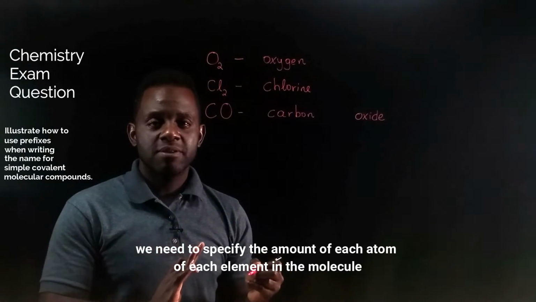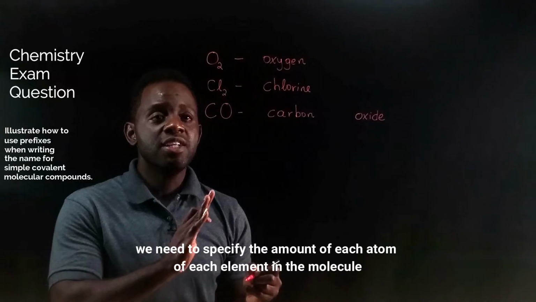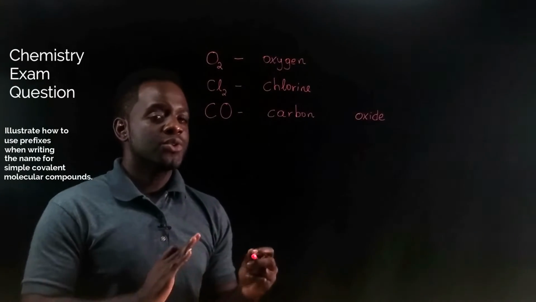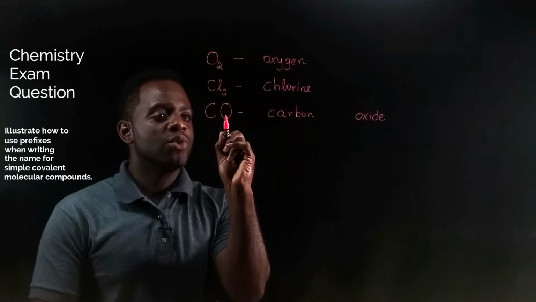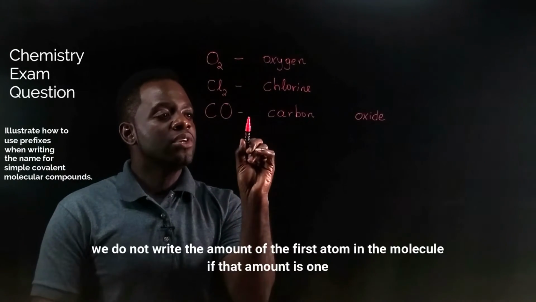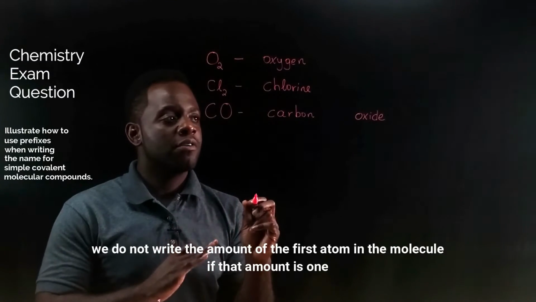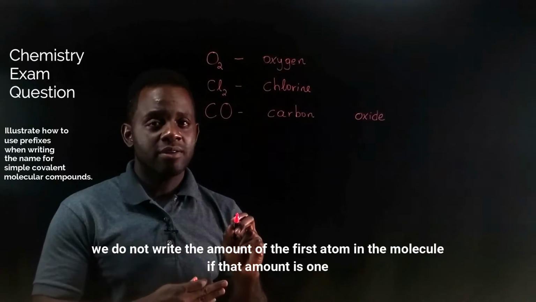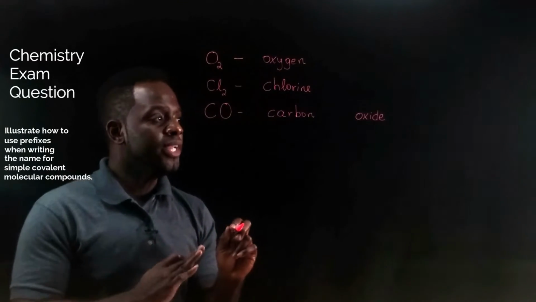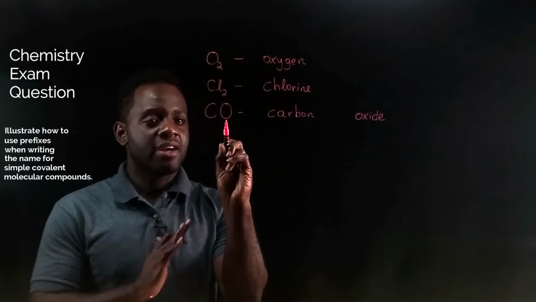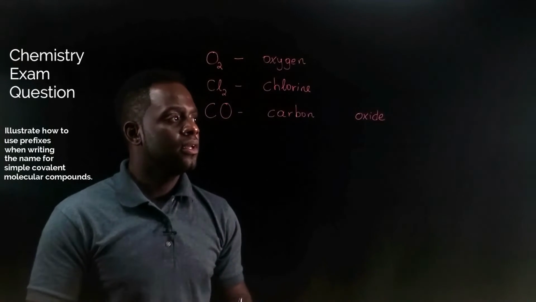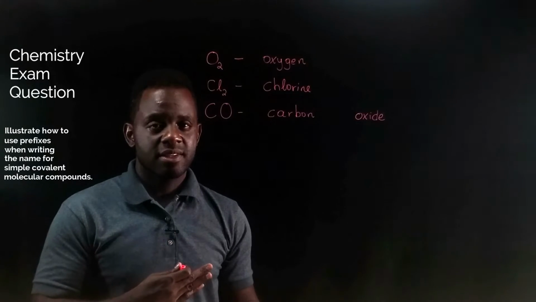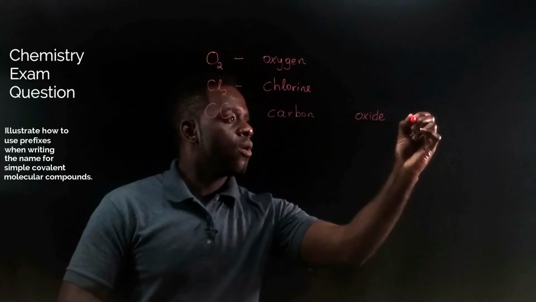We need to specify the amount of each atom of each element in the molecule. So we have one carbon and one oxygen. We do not write the amount of the first atom in the molecule if that amount is 1. However, we do need to specify the amount of the second atom in the molecule. Therefore, we refer to prefixes. So the prefix for 1 is